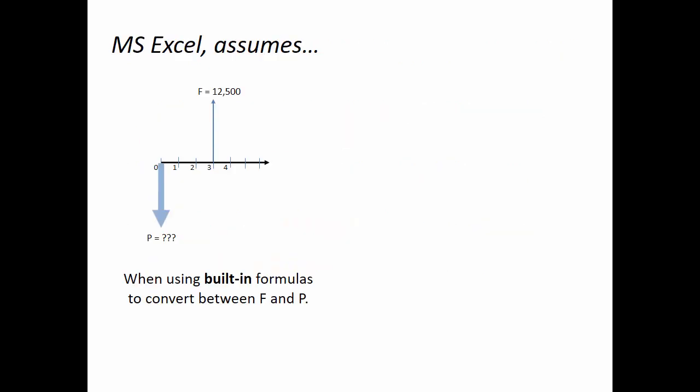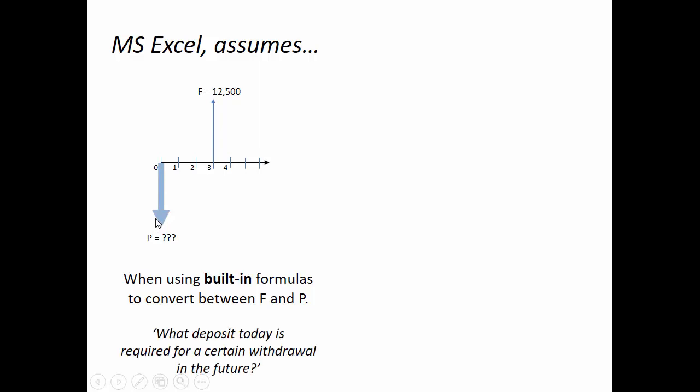All right, now we're going to use Microsoft Excel for some of these calculations. There is an interesting quirk that Microsoft Excel has. When we use some of the built-in functions that Excel has for financial calculations, it automatically changes the sign, so that if you put a revenue into its formulas, it's going to tell you the equivalent cost. And so you notice how the arrow is up for one of these and down for the other. Microsoft Excel is going to always change the sign,